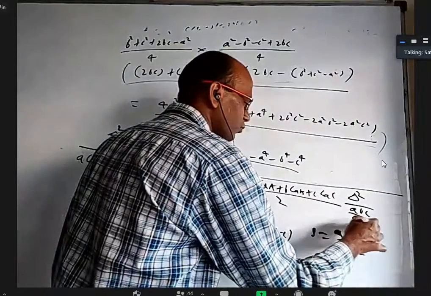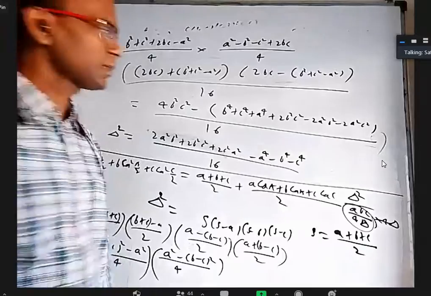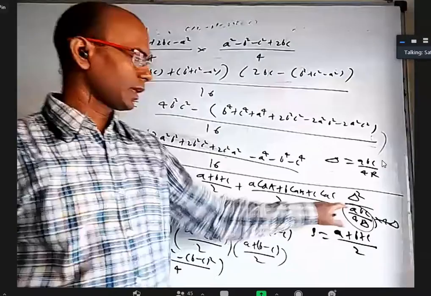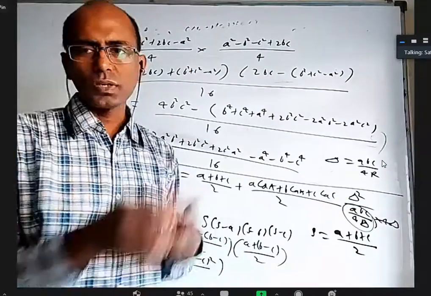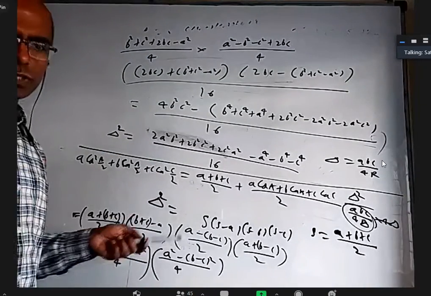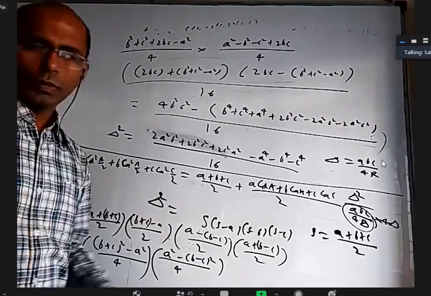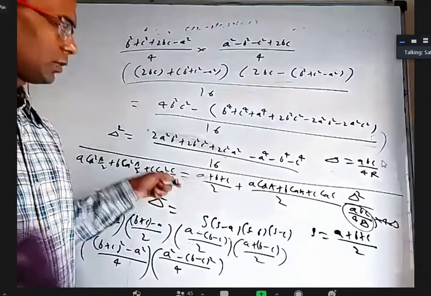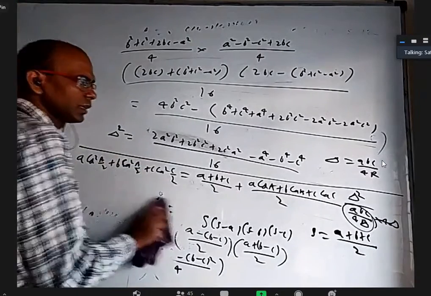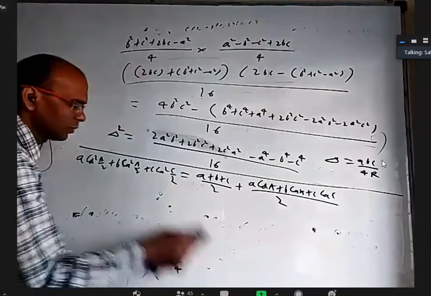Then you write by 4R, by 4 delta into 4 delta. And ABC by 4 delta will be circumradius, because one of the formula for delta is ABC by 4R. So you can write this as R. One delta will cancel. That's how we'll get delta by R there. I'm giving a hint. Nothing wrong, somebody can use this, only take care of that 16 or 8 or some numbers carefully. But we don't use this formula so often. I'm just telling all this so that in case sometimes you may need it, you will use it. But somewhere or other, transformations will come here and you will not be able to avoid it.